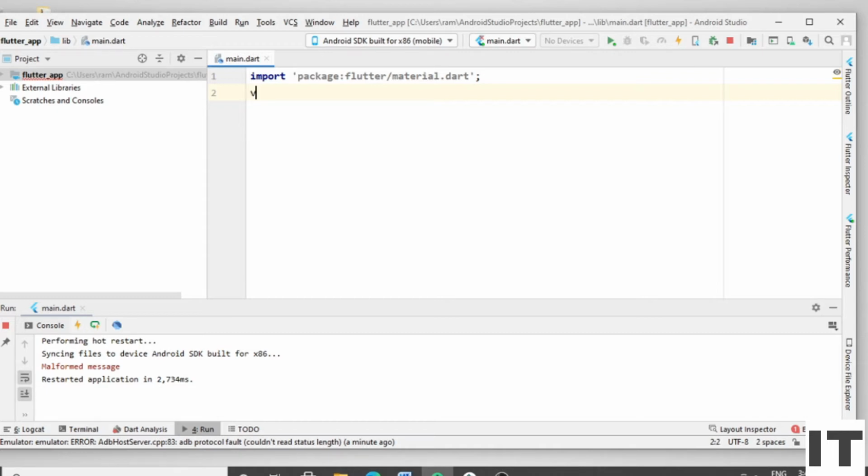Next, we have to declare the main method. Type void main. Put the round bracket and put the curly bracket. Press the enter. It is the entry point of every application. So whatever we write within the method will be executed. The void main method is called to separate the function which handles the main functionality. Without the void main method, you cannot write any program on Flutter, even without the UI.